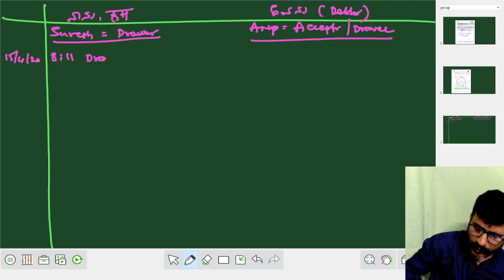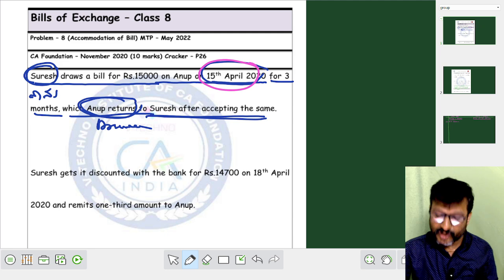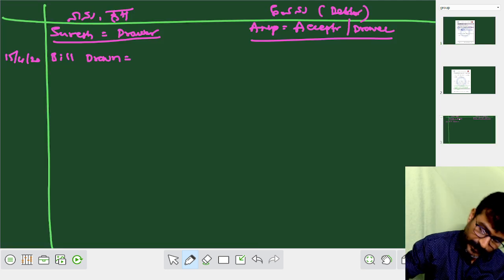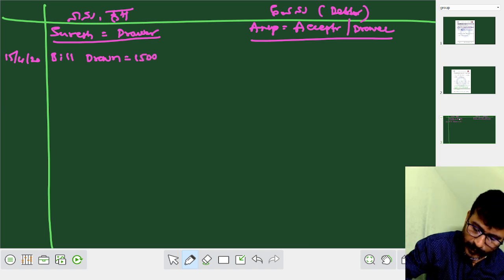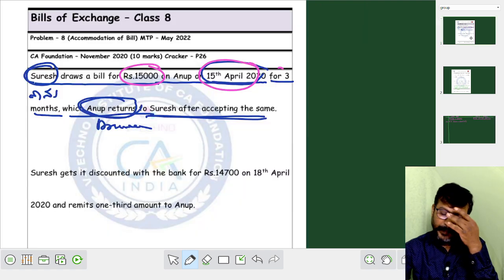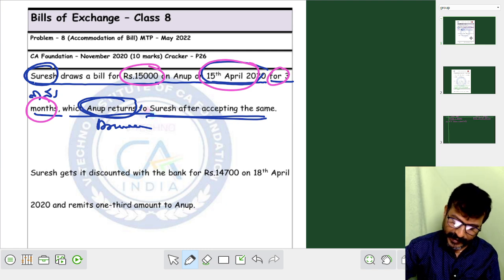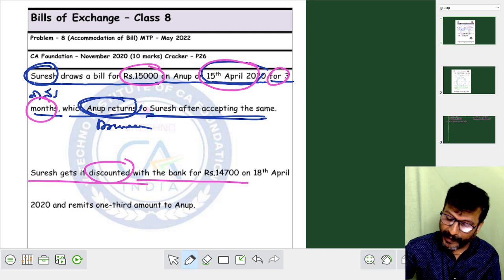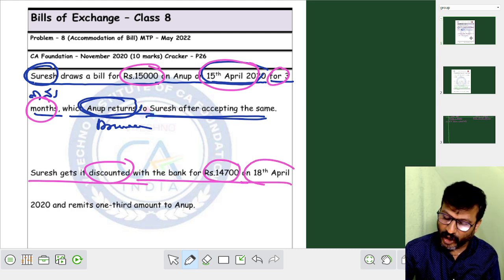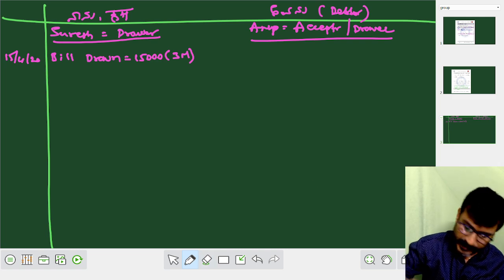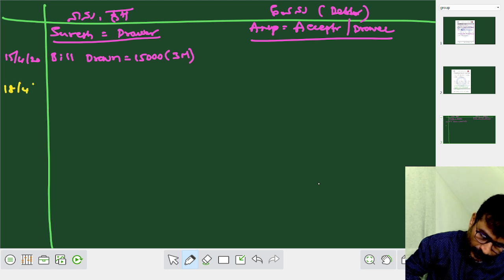Bill drawn. Bill is drawn for how much? Bill is drawn for rupees 15,000. How many months? A bill is drawn for a period of 3 months. Okay, fine. Suresh gets it discounted with the bank for 14,700 on 18th April. When it is discounted, see here, on 18th April 2020,